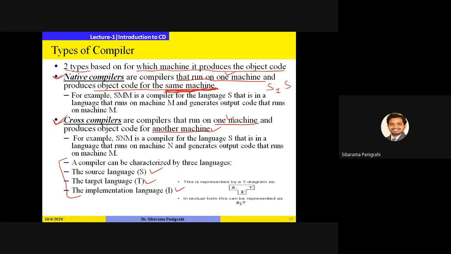Both the source and target language are the same. Whereas in the case of a cross compiler, it should be SIP, where P means it runs on one machine but produces object code for machine P. So I hope all of you have understood the difference between native compiler and cross compiler.